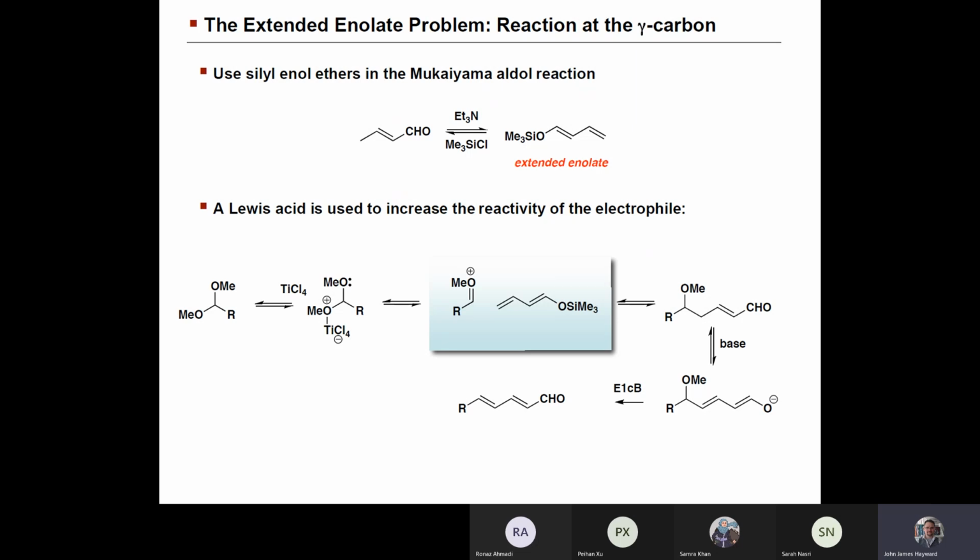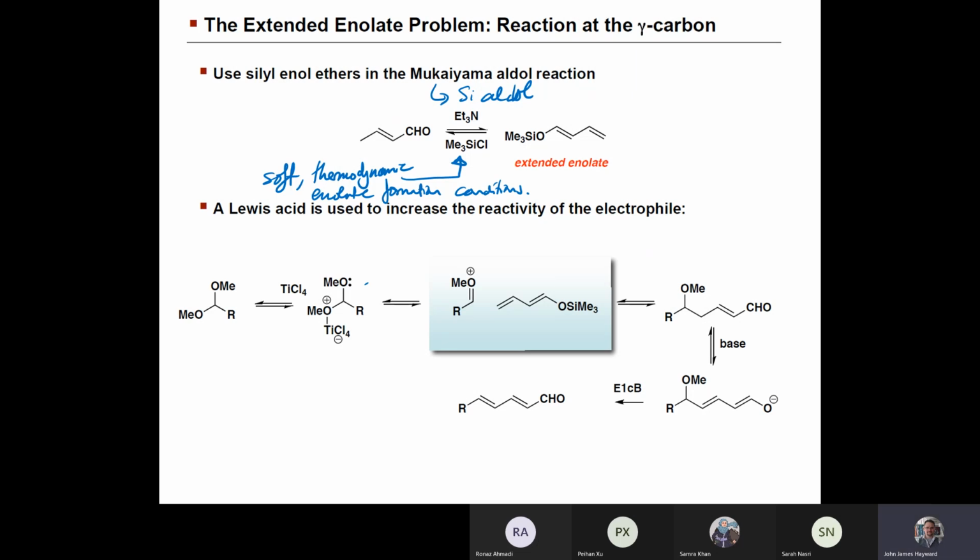And Mukaiyama aldol is an aldol reaction using silicon. Okay, so we treat this aldehyde with triethylamine and trimethylsilyl chloride, and we get the extended enolate. Okay, these are soft thermodynamic enolate formation conditions. Okay, so we get the dienolate,